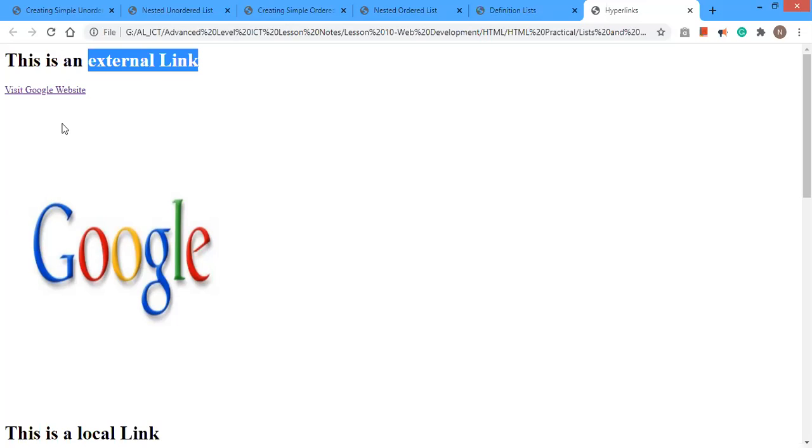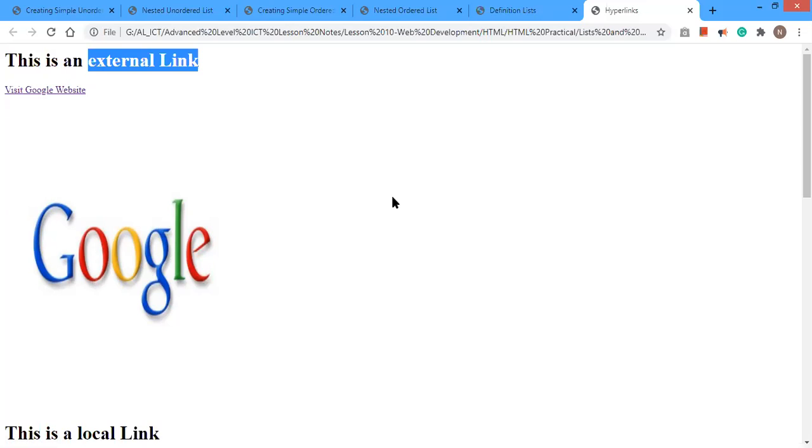Here I'm using two ways. The first one is I'm setting this set of text as the link text, and the second one is I'm using this image with the Google icon to set the link.